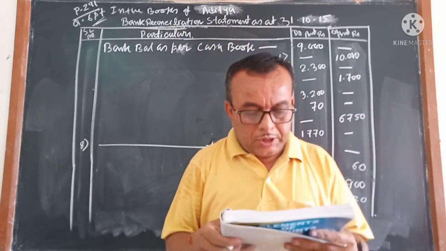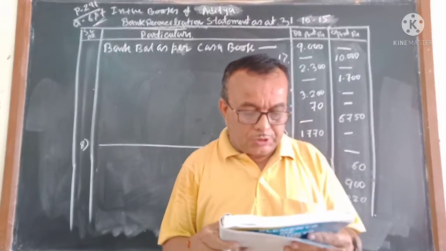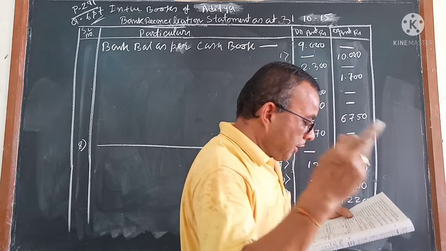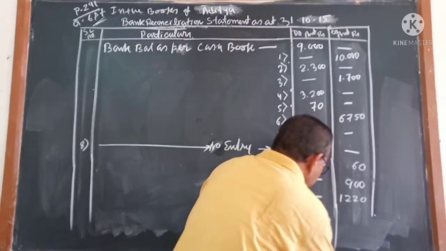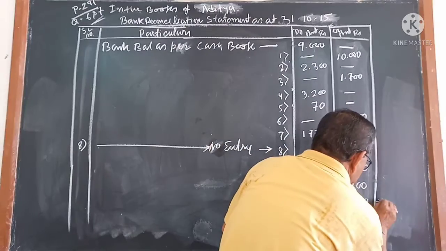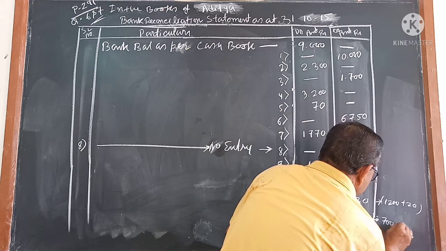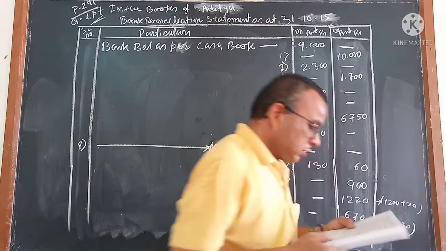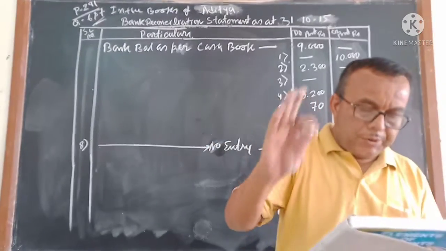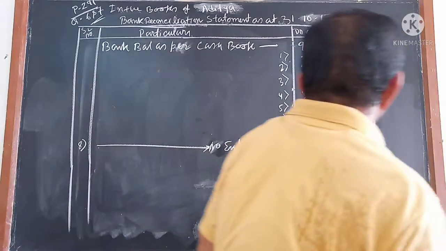Bills payable of ₹700 maturing after 1 month was retained by the bank under the rebate of ₹30 on 30/10/15, which is not recorded in the cash book. This will also be credited, but 700 minus 30 is equal to 670. This amount is 1200 plus 20, and this amount is 700 minus 30 is equal to 670. For bills payable, subtract the rebate amount and write it in the credit column, and for bills receivable, add the noting charges and write it in credit. These are the main things that I had told you.